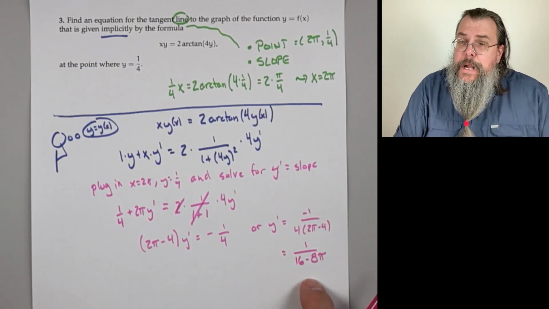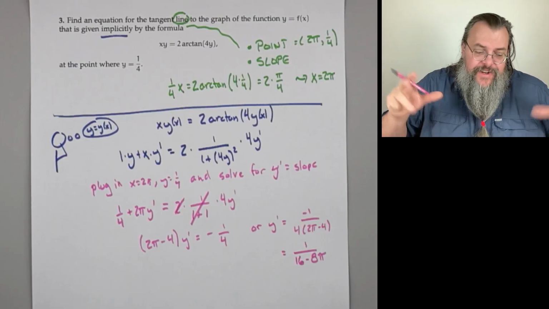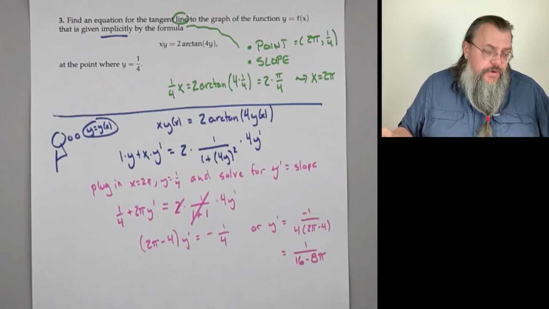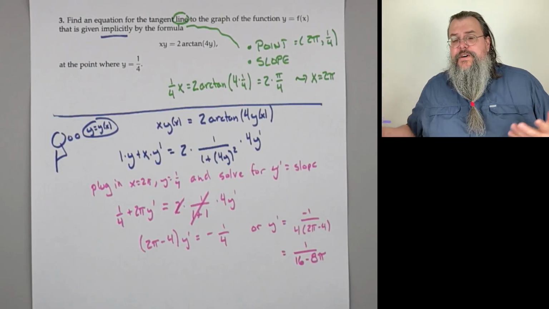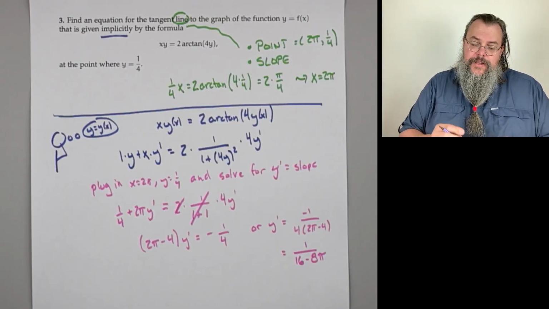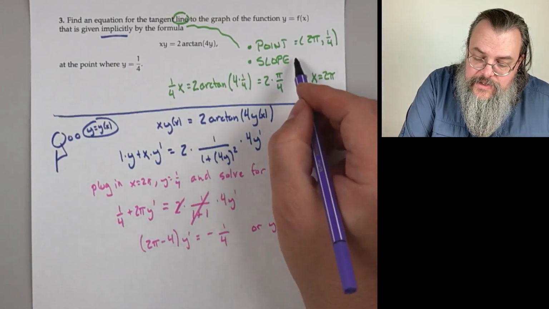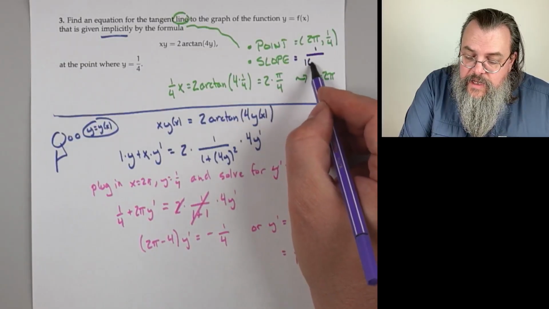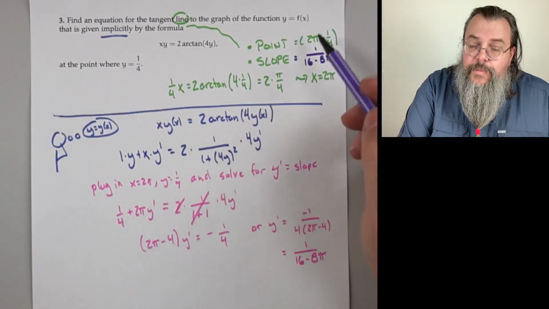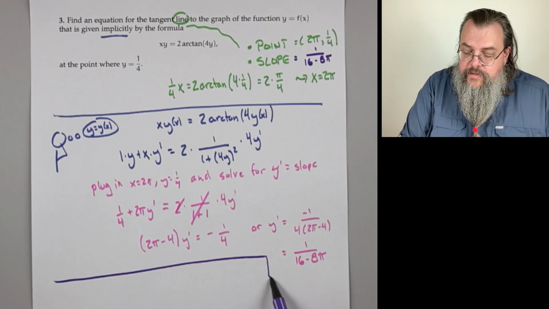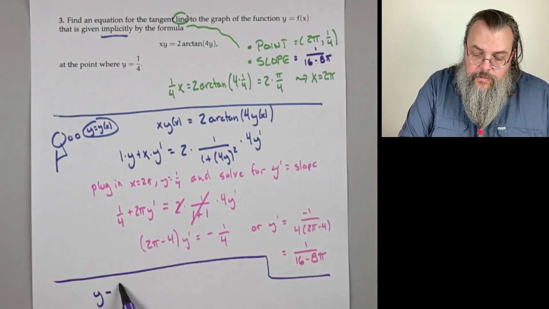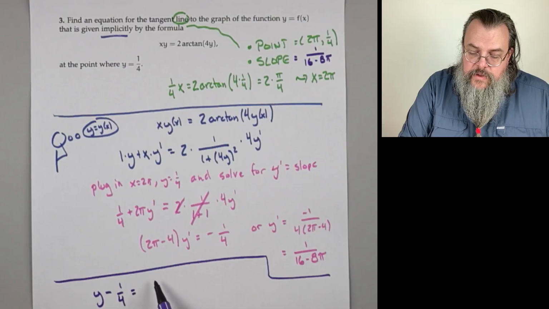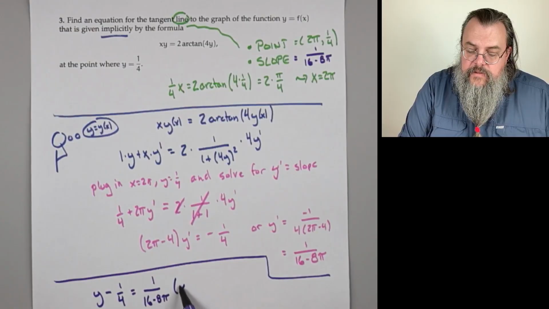It's a weird number. But weird numbers don't necessarily mean wrong. Some numbers are weird. Most numbers are weird, actually. It's kind of a weird mathematical fact that most numbers are weird, even though we tend not to encounter them in our day-to-day life. Okay, so we've gotten our slope, 1 over 16 minus 8 pi. Point slope, we're ready to write our answer. So y minus our y coordinate, 1/4, is equal to our slope, 1 over 16 minus 8 pi, times x minus